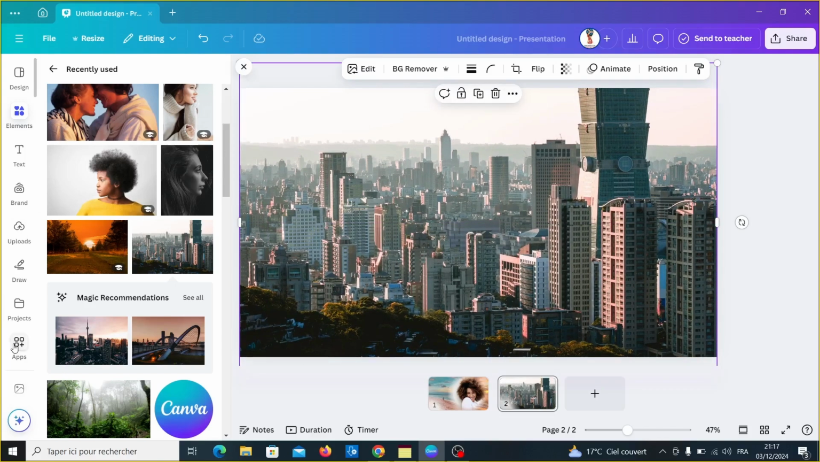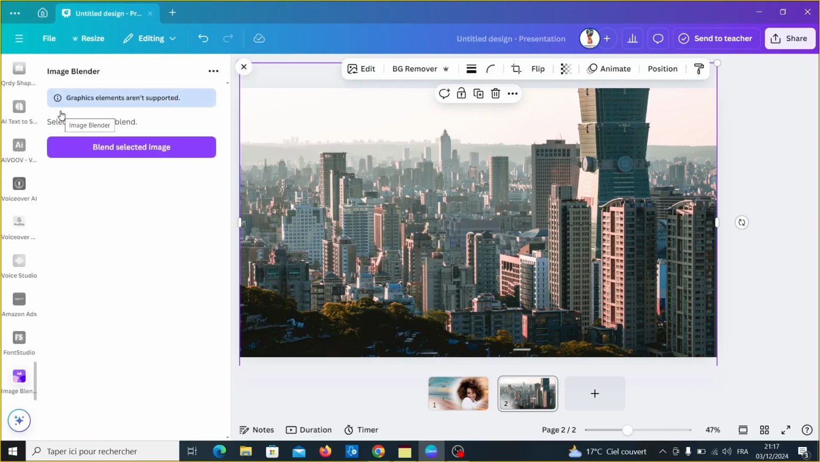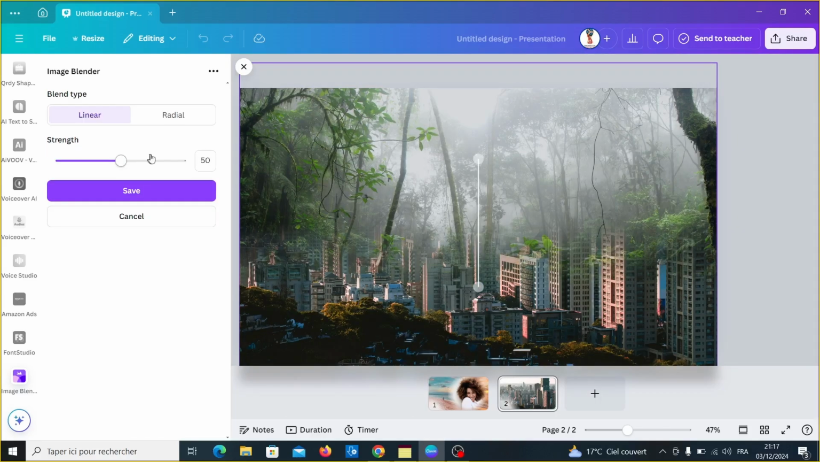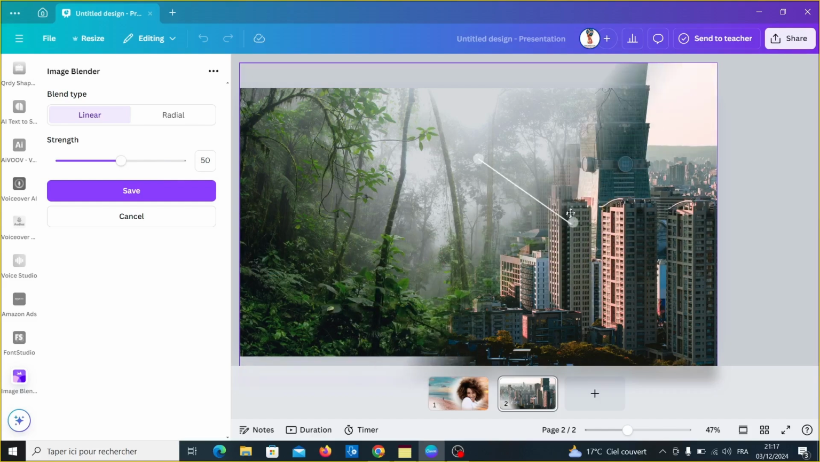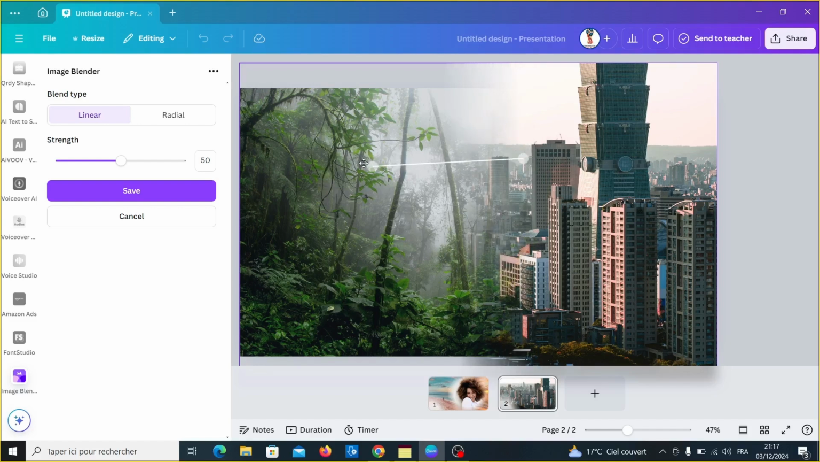And go to apps and select image blender. Click on blend selected image and set and click on